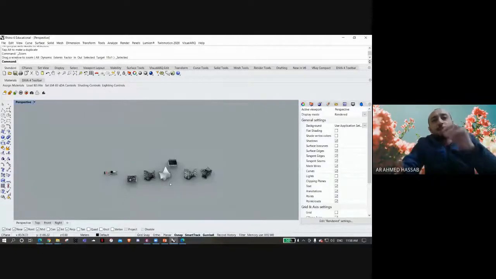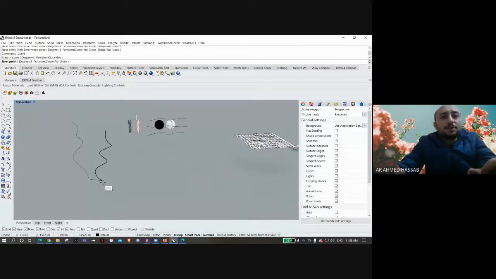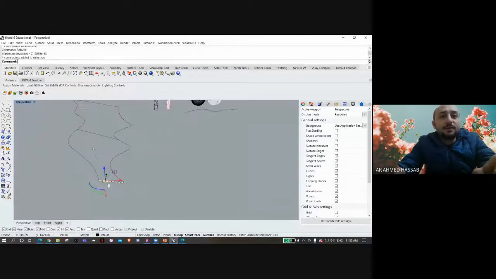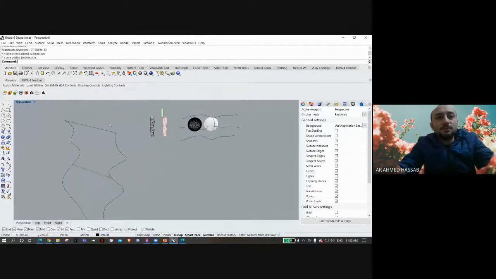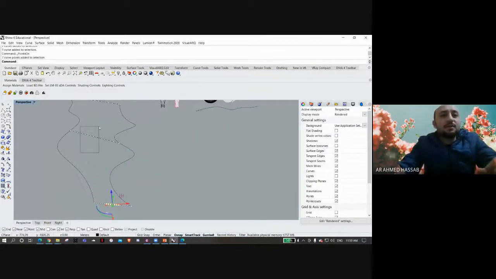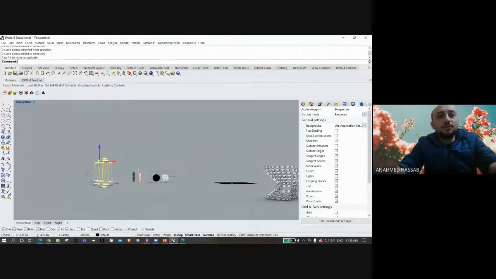Very basic experimentations I'm doing now. There are no advanced experimentations now, but maybe later on when we have enough time. I can just draw a few curves like these ones, and then take these ones and rebuild them. And then I can take some of these points. I will just select them, F10, and start selecting very random points. Then we'll do some transformations